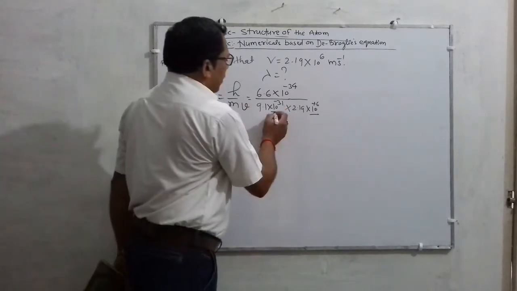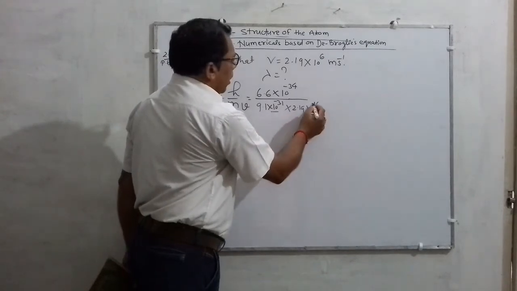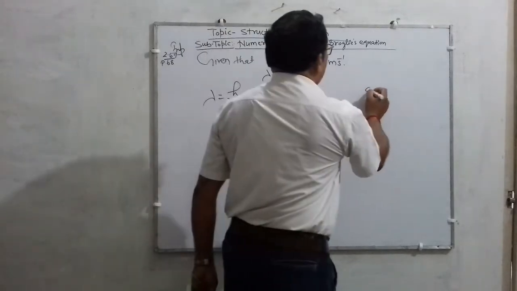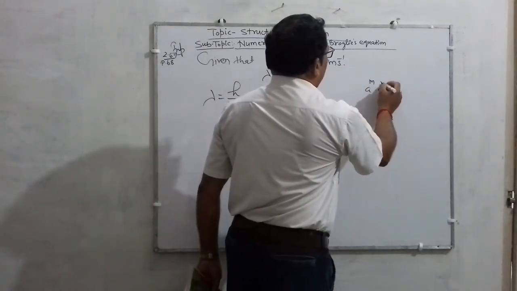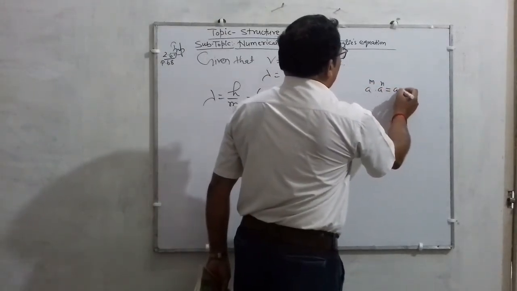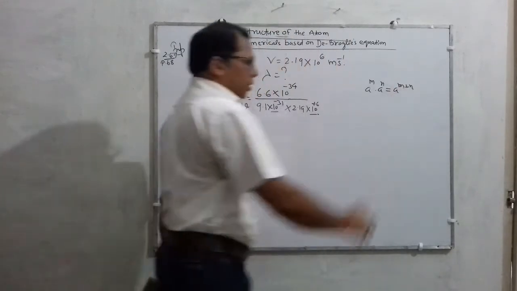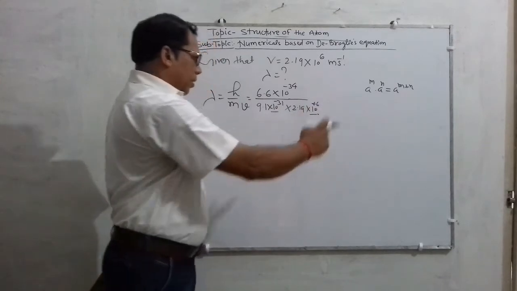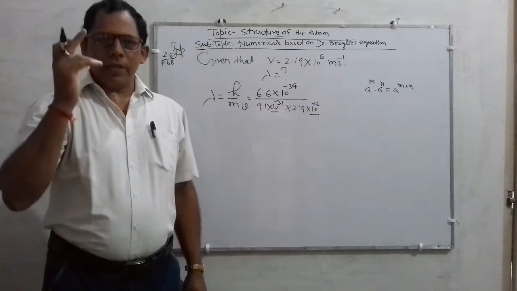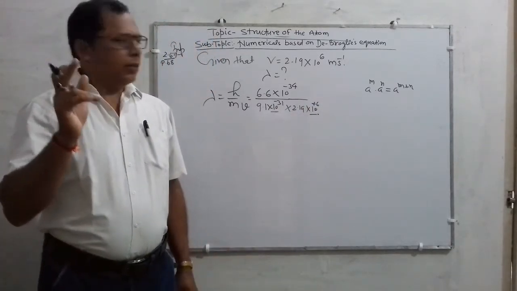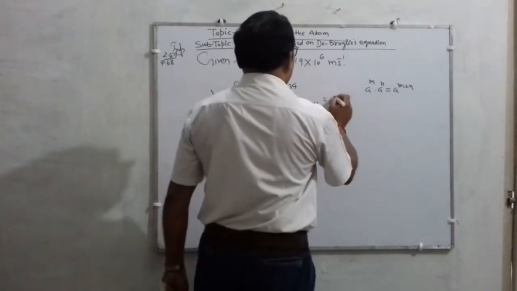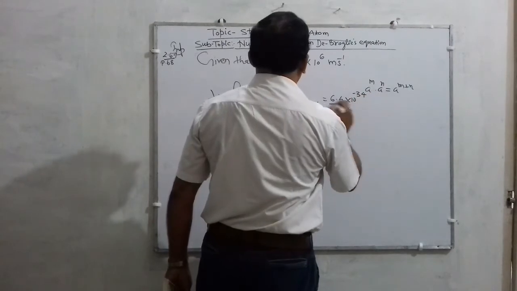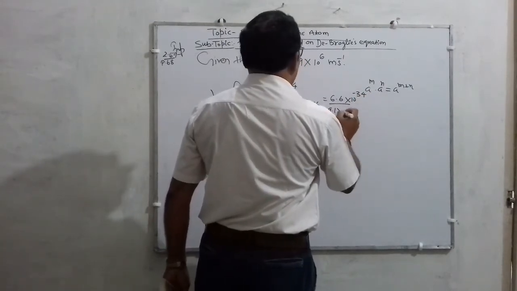Children, listen, this minus 31 and this 10 to the power 6. The base is the same. You know the formula a to the power m into a to the power n is a to the power m plus n. So using the simple formula, minus 31 plus 6 is 10 to the power minus 25. Am I right? Okay. So this can be written as 6.6 into 10 to the power minus 34 divided by